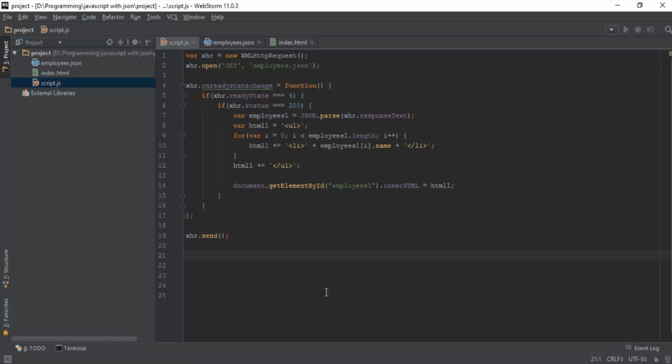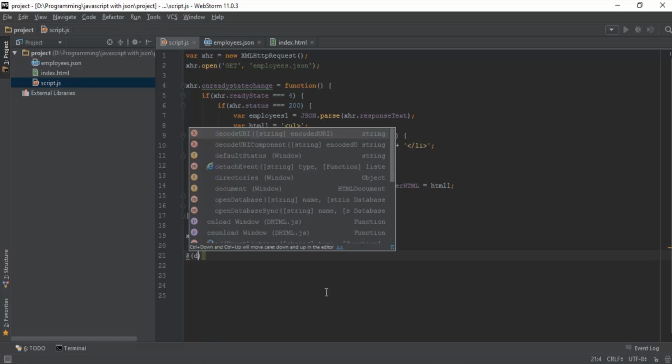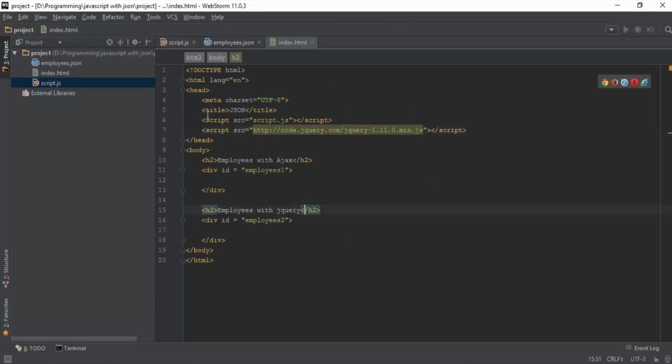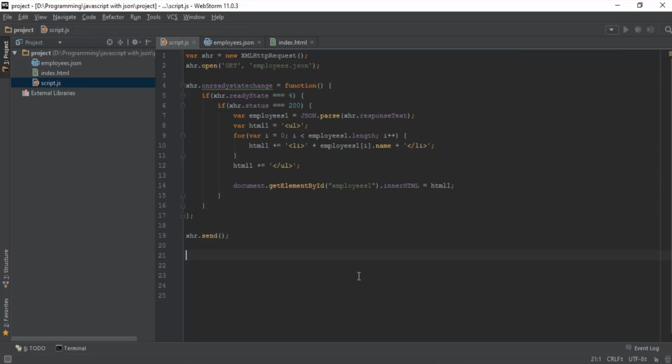Okay, so first I'm gonna write $, and first let's not do it. I was just about to set the document ready, but we have set this script right here, so it doesn't matter. Okay, so let's start with the